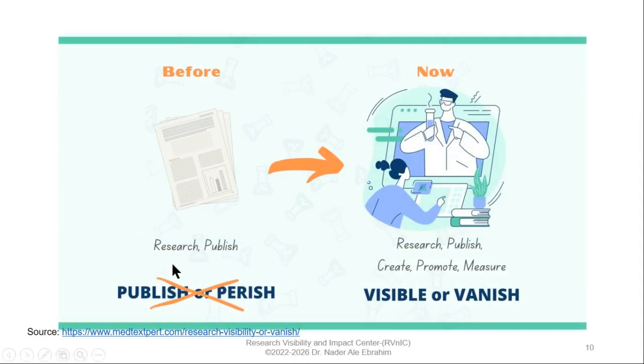Okay, what's the motivation? Previously they talked about publish or perish, but right now it is about visible or nothing. It means if your paper is not visible, nobody will read it, nobody will cite it, and you will not get any impact. Previously the number of publications mattered, but right now the number of publications and also the number of citations matter. So you need to get enough attention from your peers to read your paper, cite your paper, and also get impact.